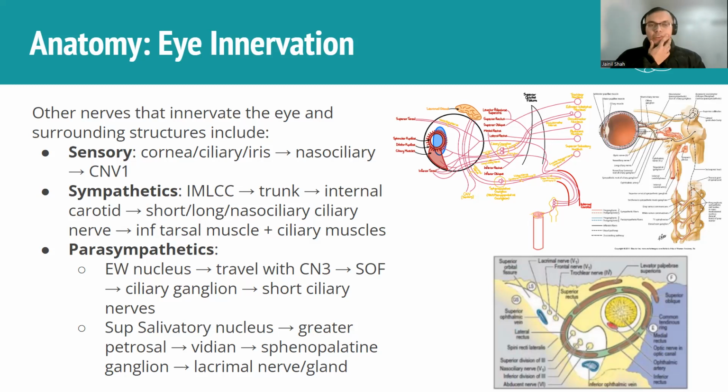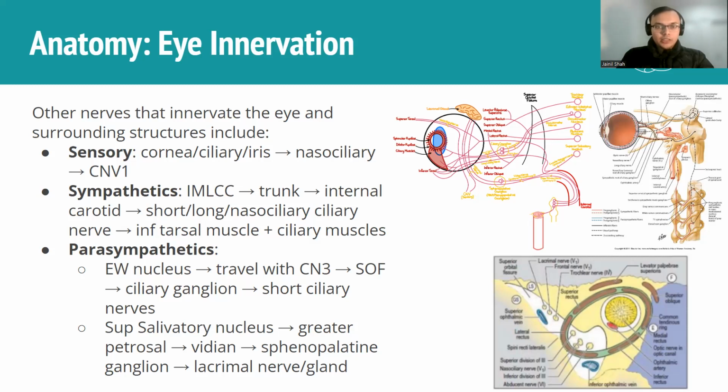In terms of parasympathetics, you're going to have the cranial nerve nuclei that innervate them, being the Edinger-Westphal nucleus and the superior salivatory nucleus. Again, you're going to be learning more about what these nuclei are and what they do in a later video. But the Edinger-Westphal nucleus has a branch which travels with cranial nerve 3, and that's going to then come out the superior orbital fissure with cranial nerve 3, or the ocular motor nerve, and then it's going to have a branch that comes into the ciliary ganglion, synapses there, forms a short ciliary nerve,